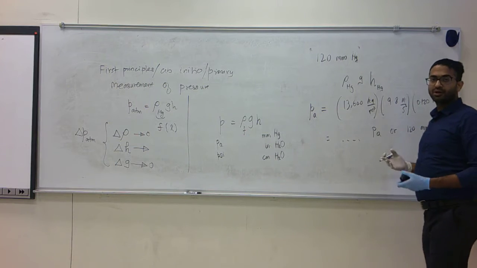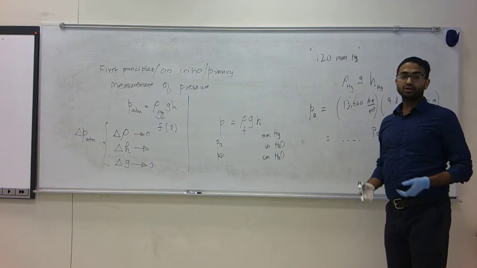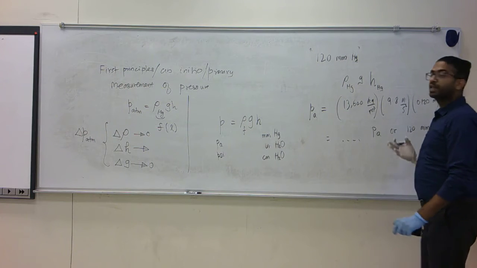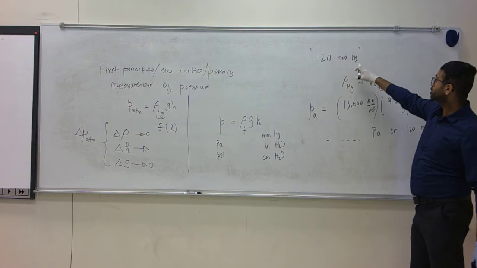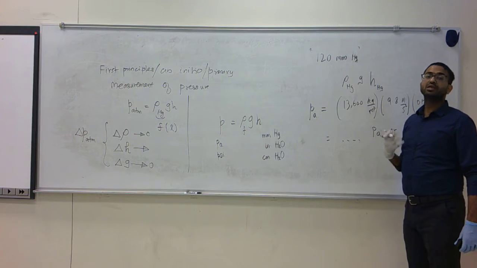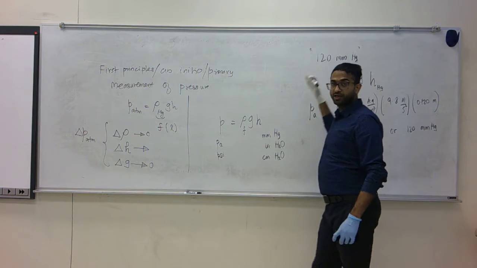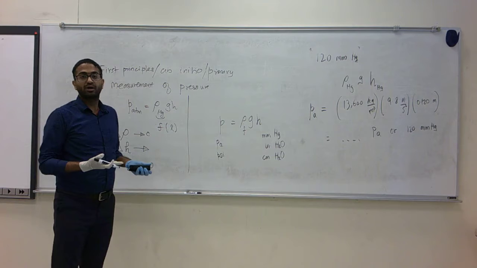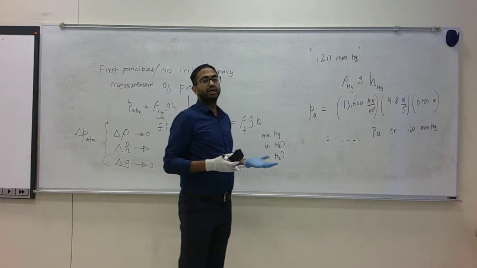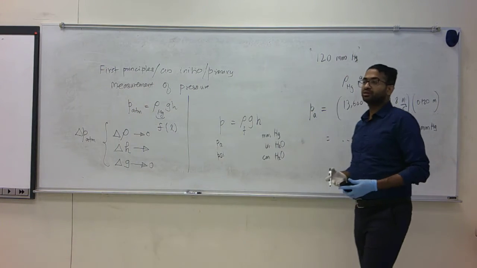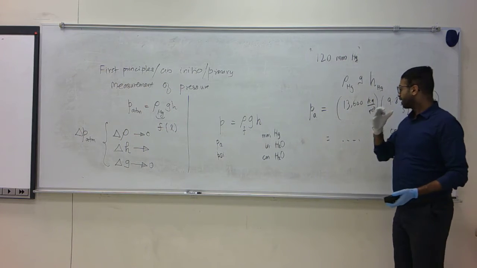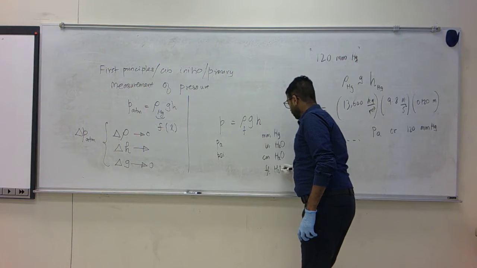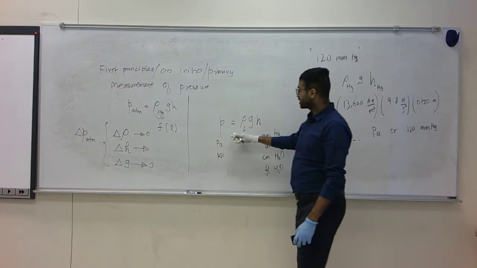It depends on your trade. You can be a doctor, you can be a car mechanic, you can be a power plant engineer. Depending on your trade, you choose which liquid or which unit system is the easiest for you. If you are a doctor, it's millimeters of mercury. If you are a plumber, your unit could be inches of water. Hey, what's the pressure head? It's 20 inches of water, or 10 feet of water, or 4 feet of water. So this really is a way of specifying pressure.